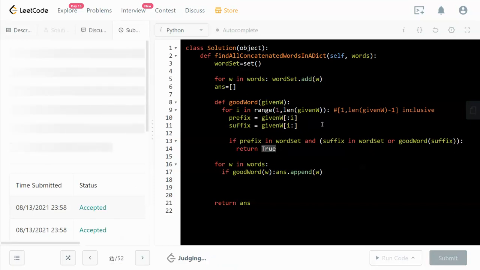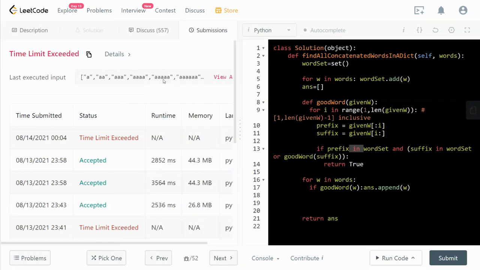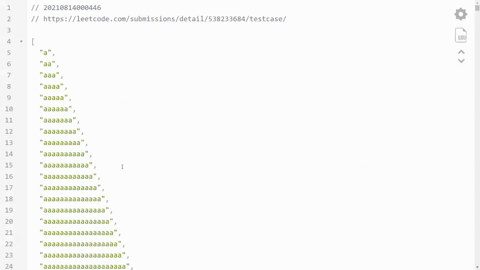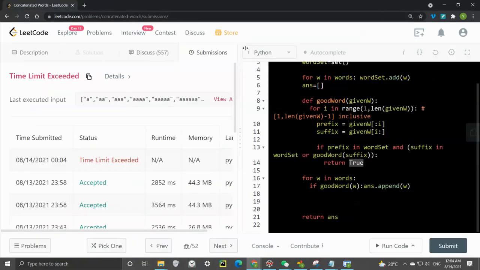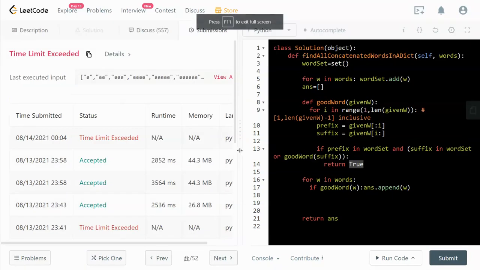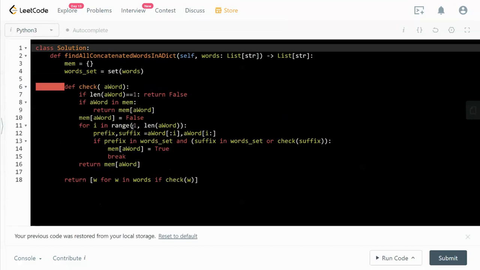Logically this function works well in concept, but it's a bit slow. It's going to run out of time for LeetCode validation, because as you can see, for example in this example here, there is a lot of repeated work going on. That's why this is not the most efficient solution, and we can optimize based on that. How can we do that? I have written a slightly